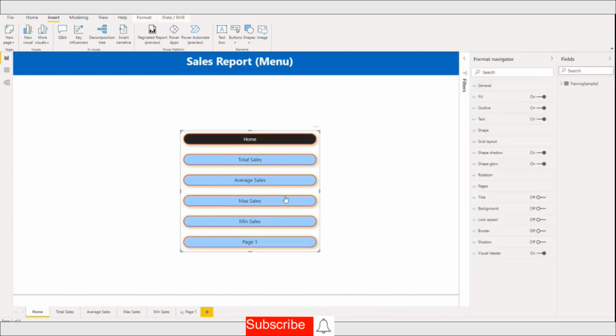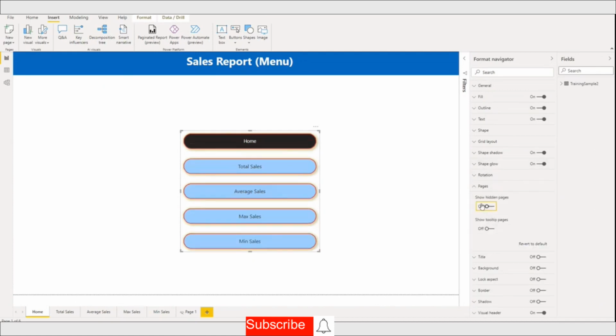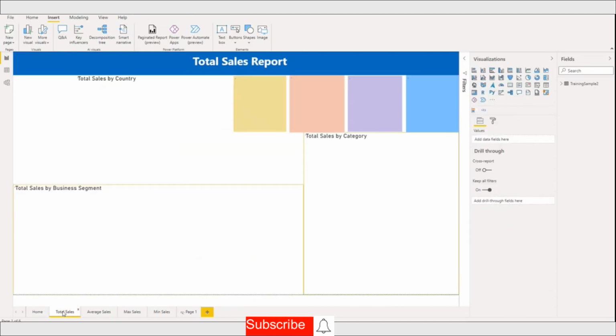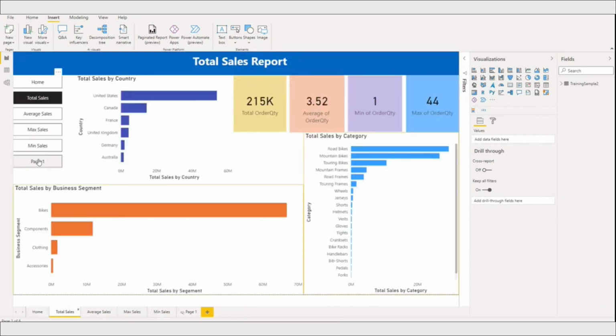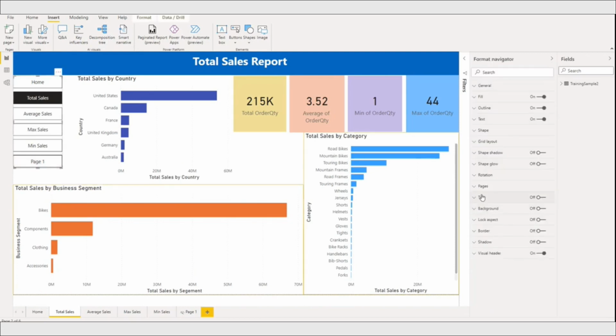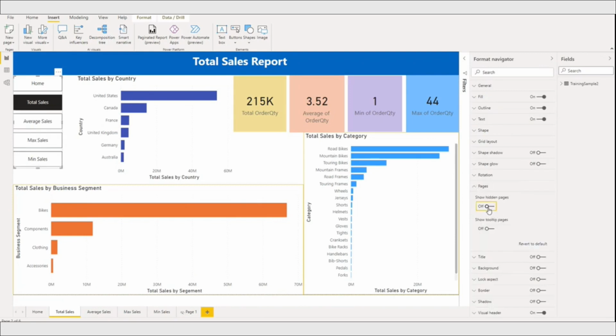But if you don't want to show it here, and you want to call some other page, you go here and select show hidden page false. So it will just disappear from this page. And if you want to show it from here, it is okay. If you want to disable it, you can apply the same setting for this one also, go here and say page. So it will disappear from here as well.